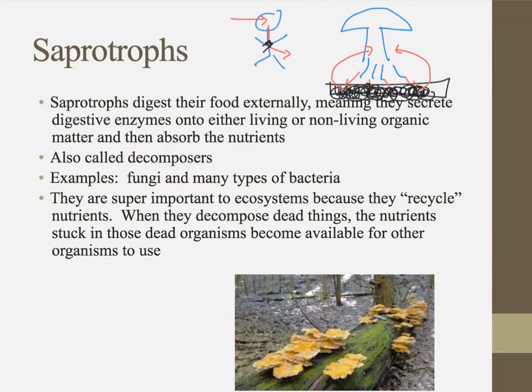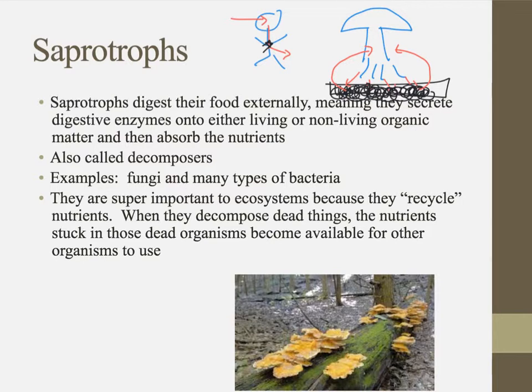We also call these decomposers. These can include, again, fungi and a lot of different types of bacteria, and they're super important because if it weren't for them, we would just have a bunch of dead things laying around and no way to recycle them. So these are our recyclers. When something is dead, okay, those nutrients that are stuck in the dead things get released and recycled by the